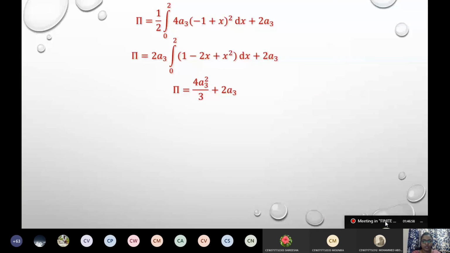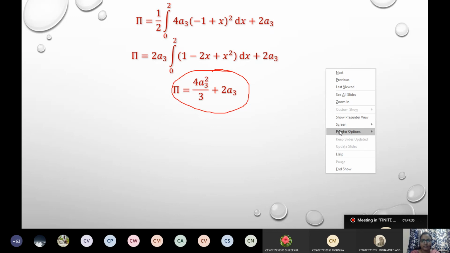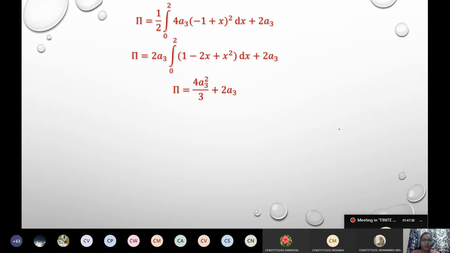Now looking at the equation that is already given to you, you can note it down. What is the variable in the equation which we can use for doing the partial differentiation here? It's not an IIT question. It's just seen in the answer. There is only one variable over there. A3, madam. Now, to minimize the potential energy, we have to differentiate the available potential energy equation, that is this equation, with respect to A3 and then equate it to 0.